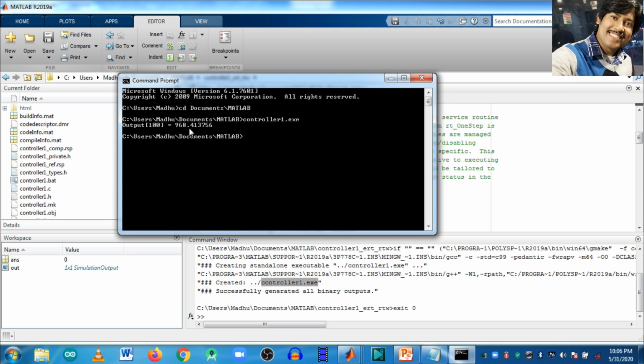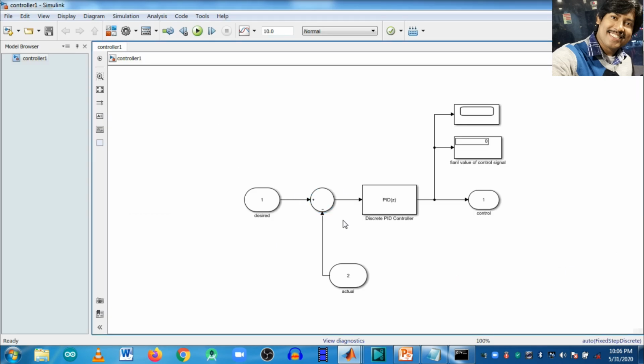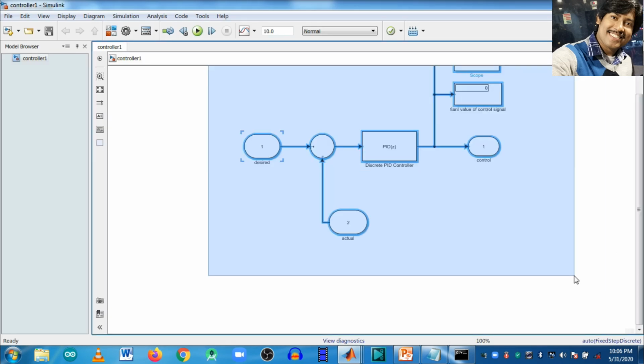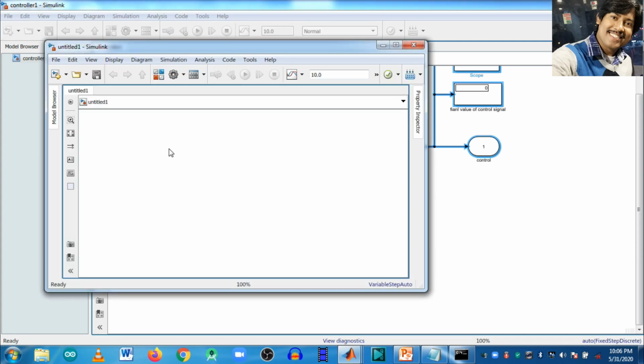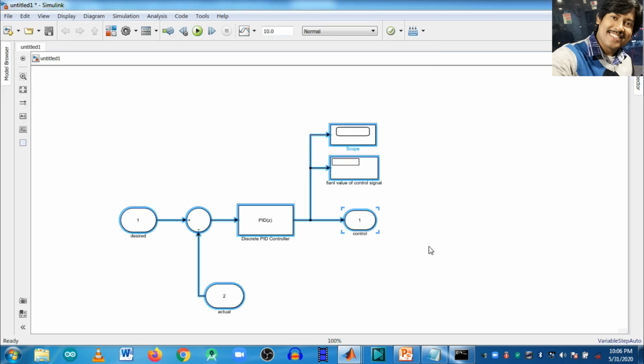Enter. The result is 968.41. So the generated code gives this final output, 968.41. So now I am testing the Simulink model. What is the result?